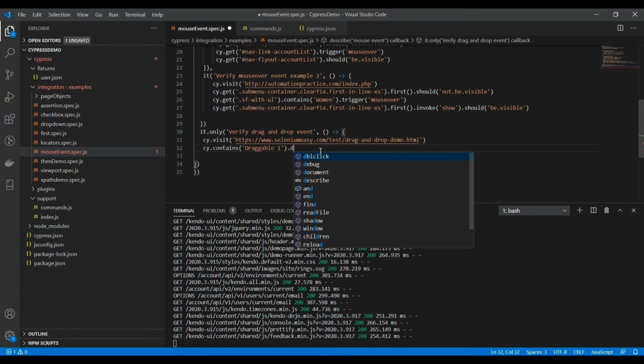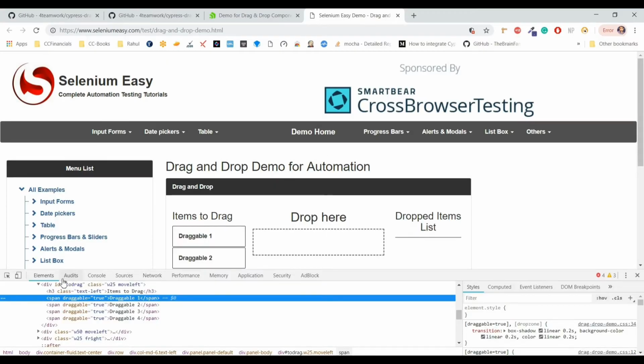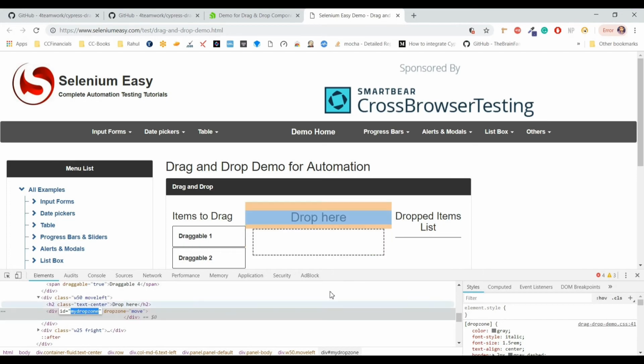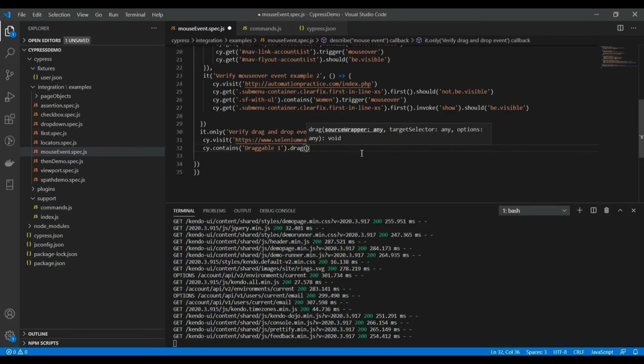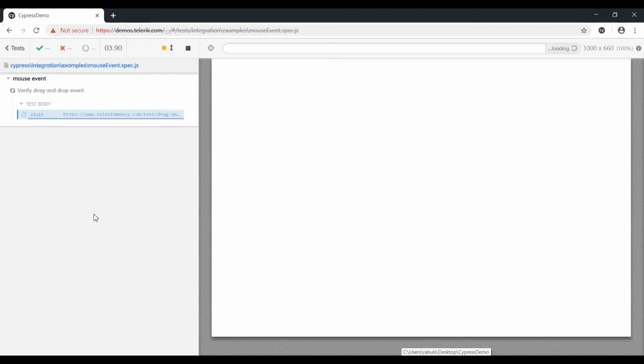And then we need to use dot drag. So we are able to use this method because of the plugin. Now I'm using the locator for the dropped location, and that's it. It should work, and let's see. So the website is loading.